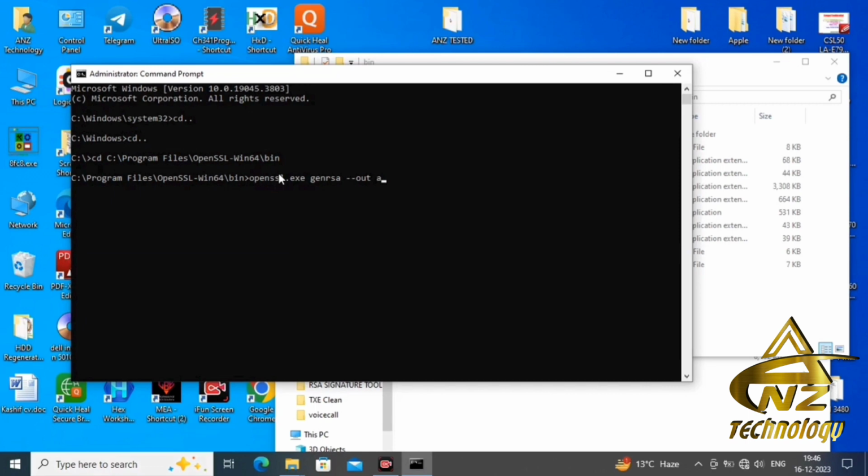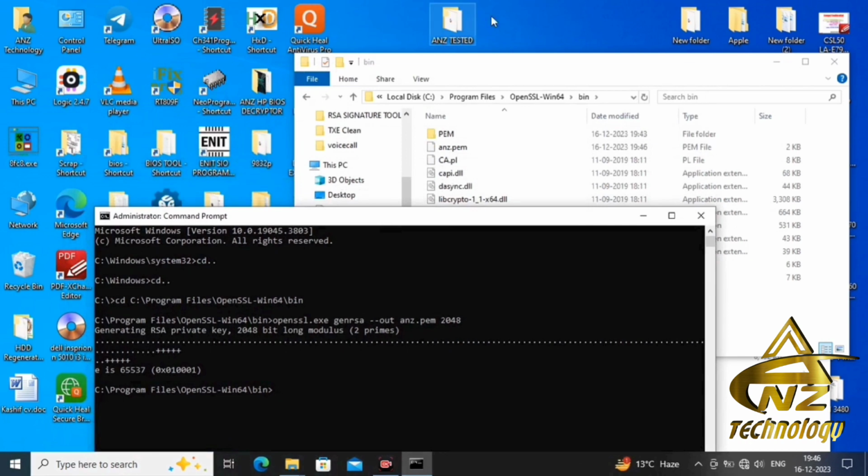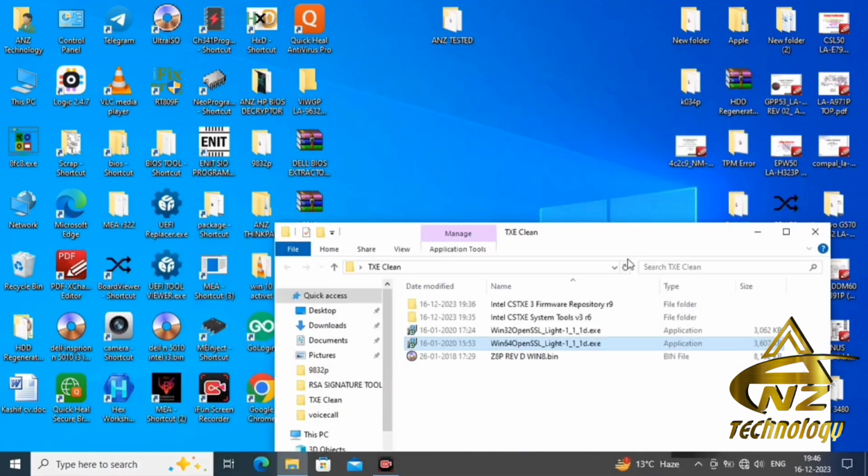Here I am going to give the name anz. Extension should be .pem, space 2048 and enter. So it is generating the file and the file has been generated. Here you can see in the bin folder, the anz.pem file has been generated. So we can close this window.